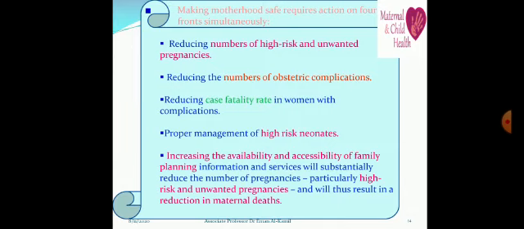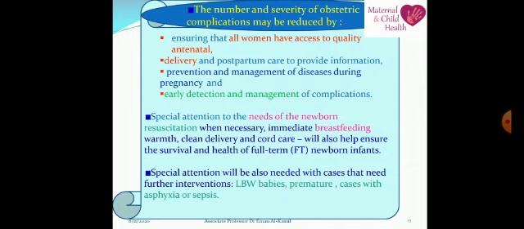It is important to provide family planning education and provision of family planning materials, pills, or other types of family planning methods in order to prevent the number of unwanted or unplanned pregnancies, in order to reduce maternal death. The number and severity of obstetric complications may be reduced by: